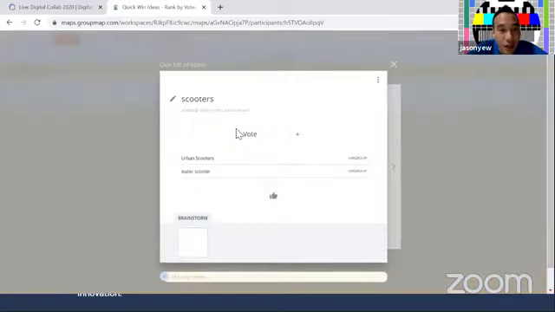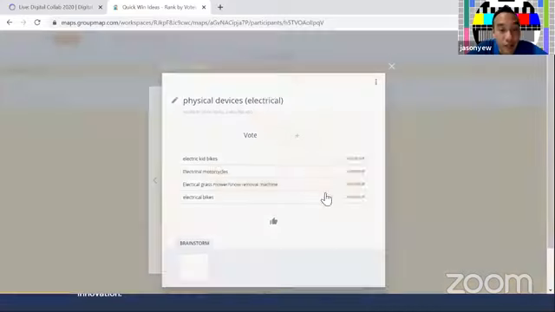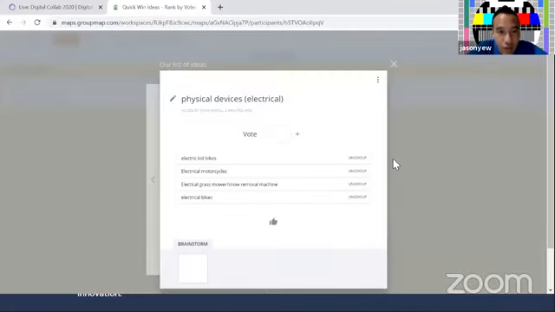You can double click on it on your own, or just refer to the Zoom share screen. Scooters: we have urban scooters and water scooters. For physical devices, electrical: electric kit bikes, electrical motorcycles, electrical grass mower / snow removal machine, and electrical bikes.